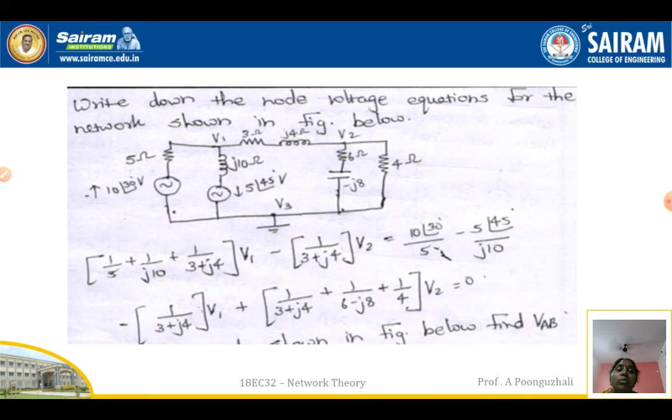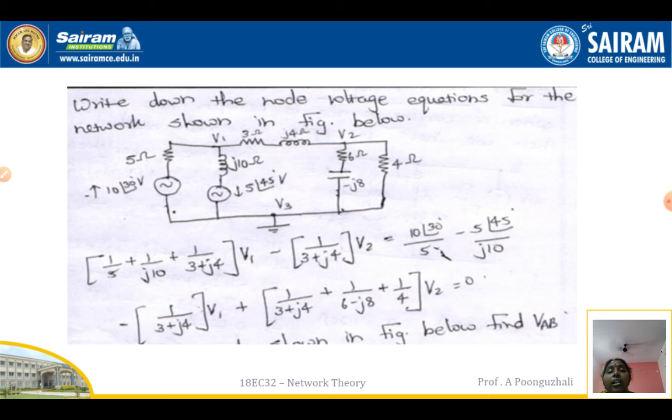Next, write down the node voltage equations for the network shown in the figure below. Here we have a node V1. At node V1 we connect 1 by 5 ohms, 1 by j10 ohms, and 1 by 3 plus j4 ohms. So we write V1 into (1/5 + 1/j10 + 1/(3+j4))